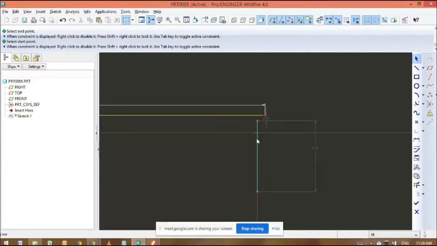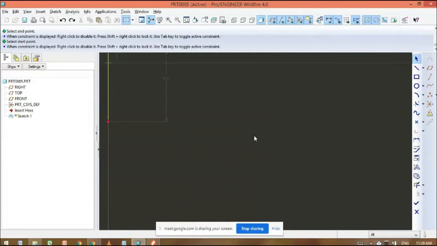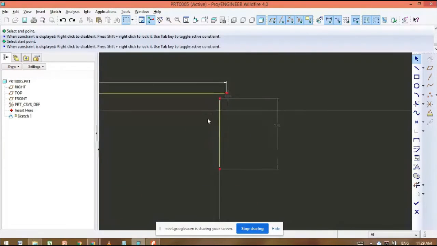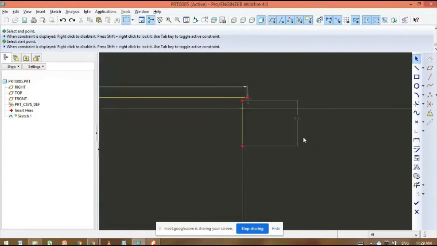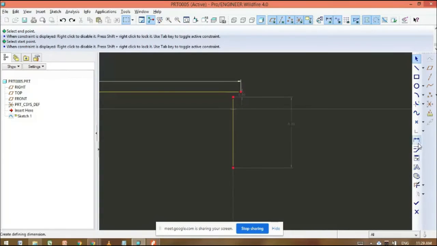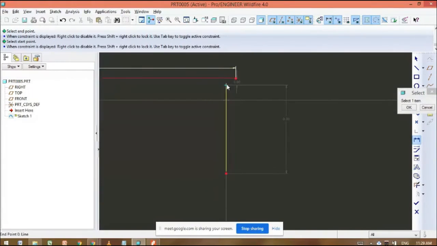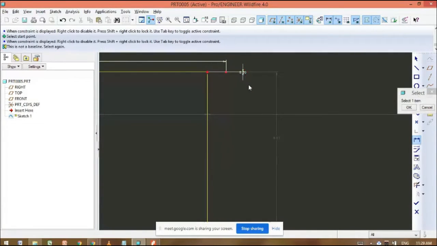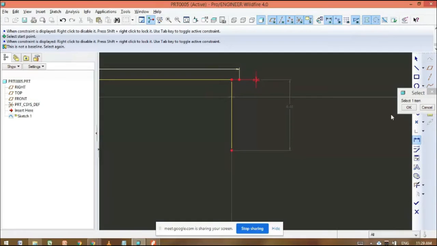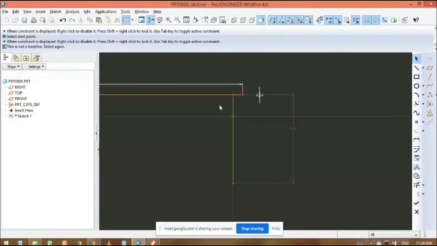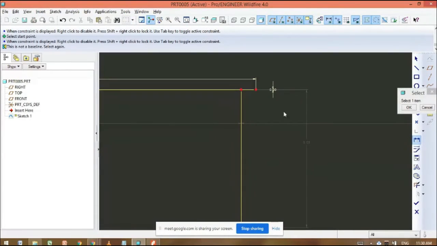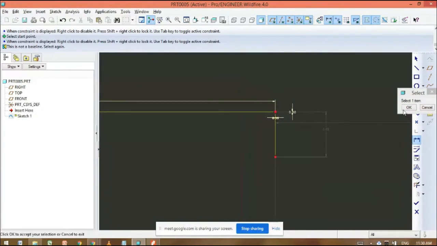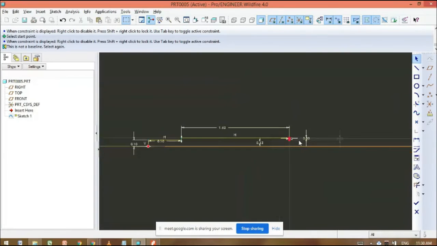See, there is a problem. What is the problem? We can't join this line exactly to this point. So use the coincident command. Click here, click along this point, press here. Then we can change the dimensions. With this coincident command, select this point and this line, press the middle button. Then see, we can join all the points.